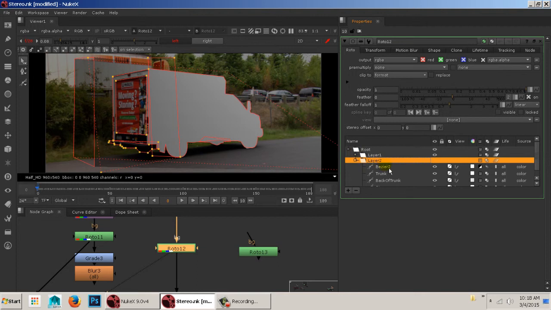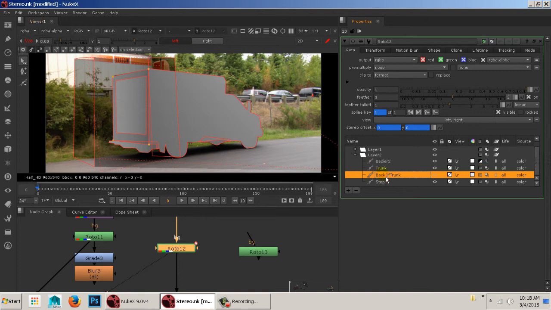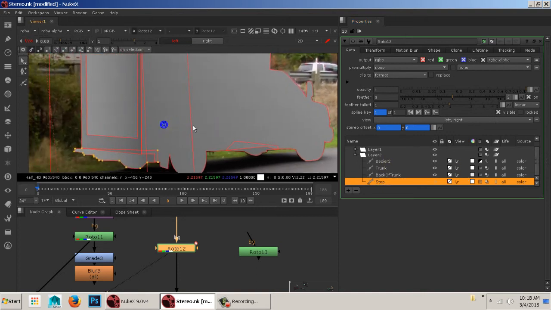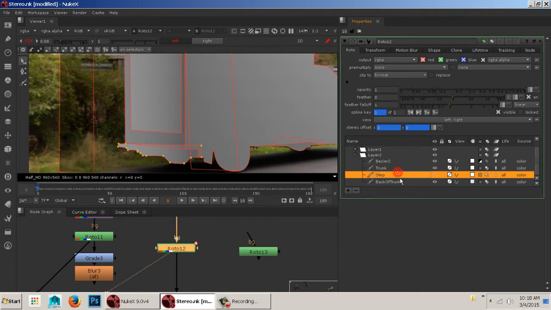So for my second roto, let's turn that on. I again have the areas defined, so I have the trunk here, I have the back of the trunk, and then I have the step. And these are all three things, and again, the order is obviously going to be an important thing because if these are out of order, it's not really going to match correctly. Okay, back down. All right, so there we go. So again, looking at the values of these, my trunk,